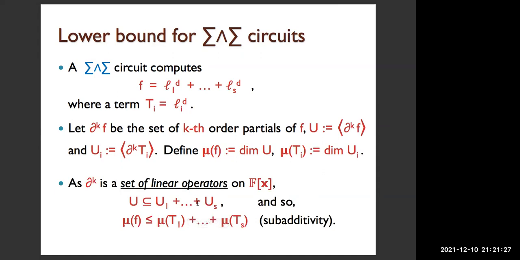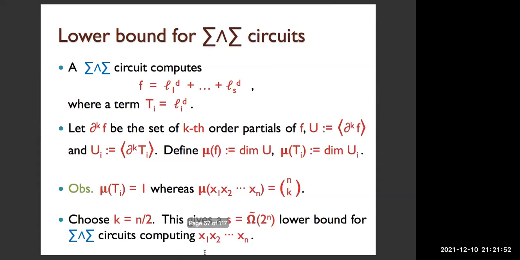Notice that by definition, because partial derivatives are linear operators, we have U contained in U1 plus U2 up to Us, right? Which means that we automatically get the subadditive property, that the dimension of U must be smaller than or equal to the sum of the dimensions of the Ui's, right? So, and just to complete the lower bound proof, although not strictly required,